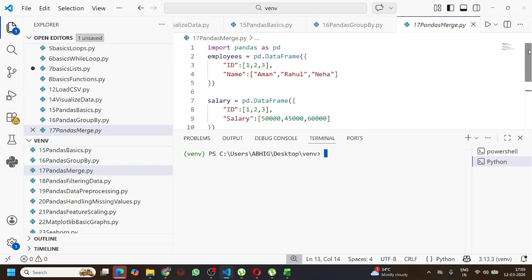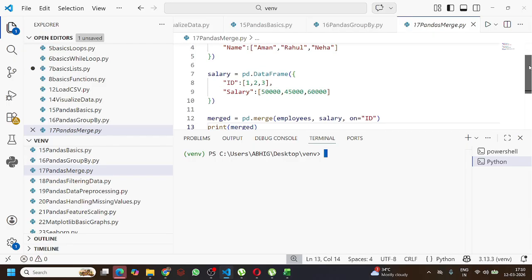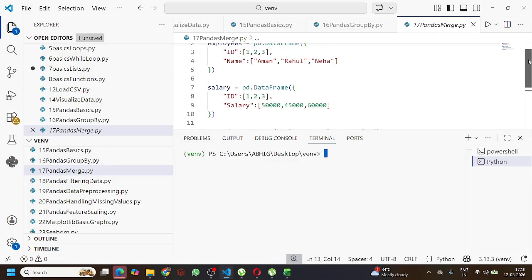So for that you can see I have one data frame structure with ID and name, and another one for the salary. In the salary you can see ID and salary, right? And in both, ID is common, right? So what I will do, first of all, I will try to show you those tables, right? So print